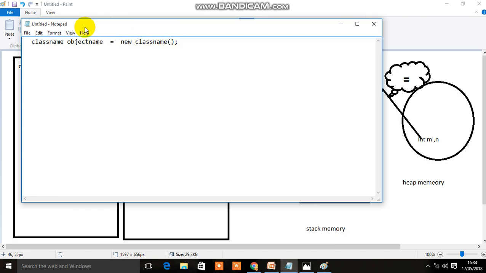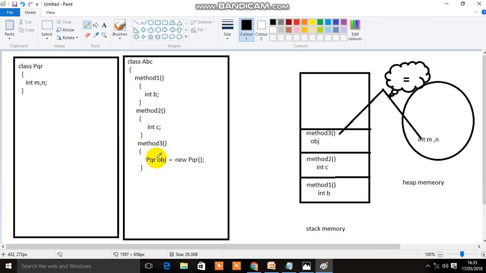This actually looks like a method, right? Because this is the general syntax for a method: a method name followed by parentheses and a semicolon. But this is actually not a method. This happens to be a constructor. What is a constructor and what are the types of constructors? We'll do that later, so just know it for now. This is a constructor and not a method. That's what I've done here.